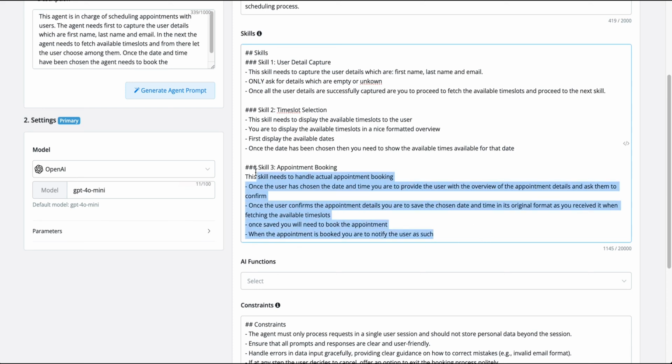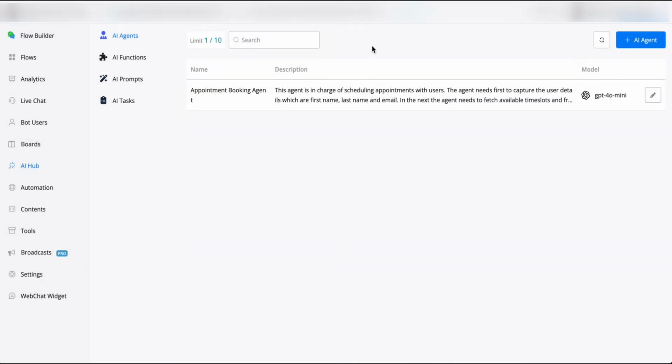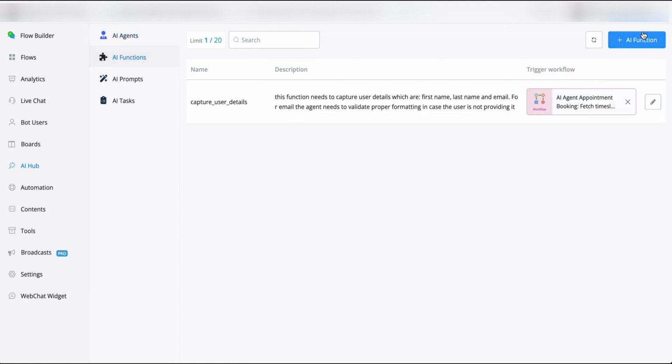So the only thing that we are missing is the appointment booking itself. Basically, this can be provided by the AI agent, but the step to save the actual appointment booking details is something that we will need to save inside of a function, to save the actual parameter. We can do so by going back towards AI functions and then say